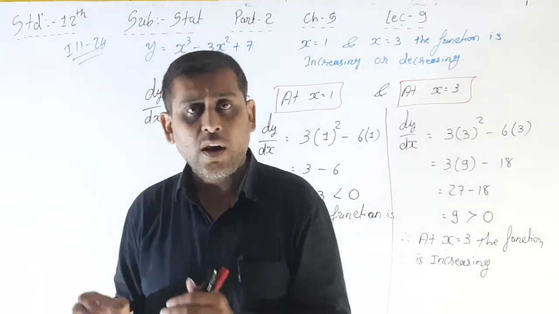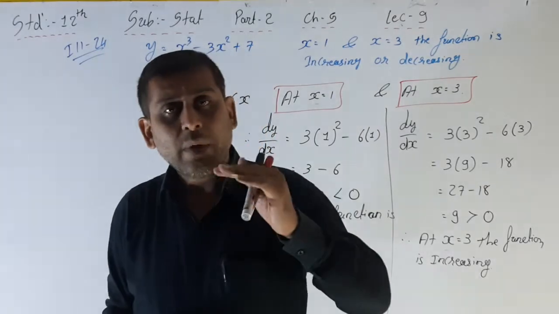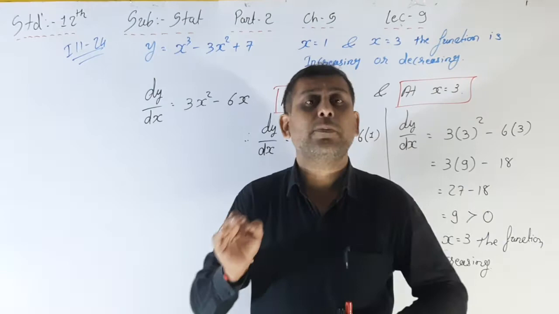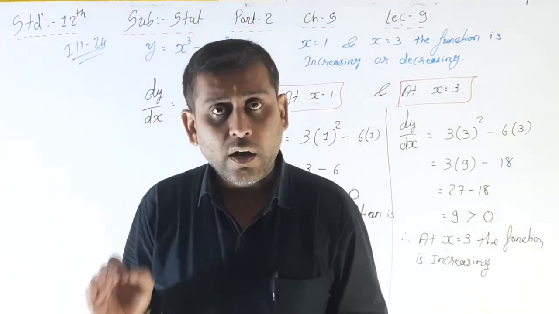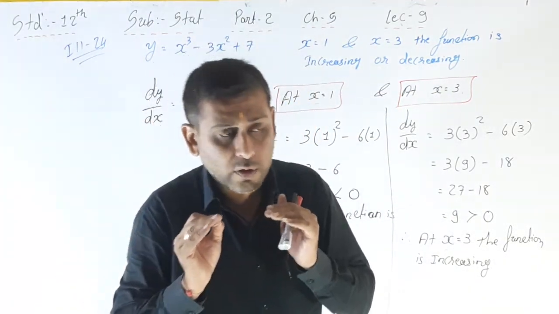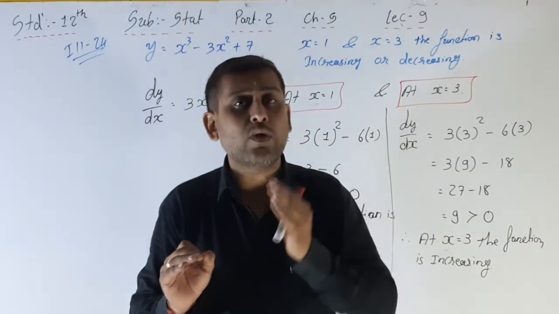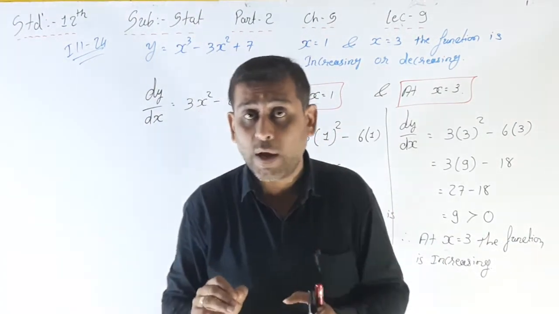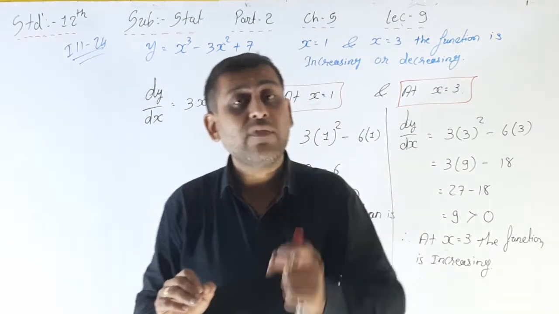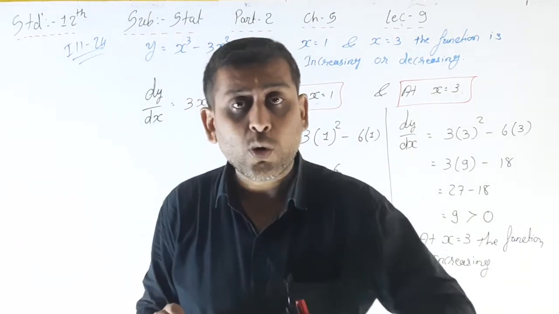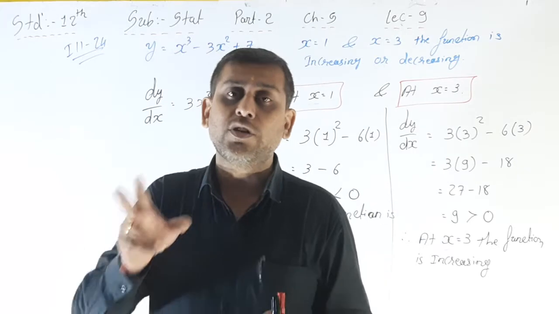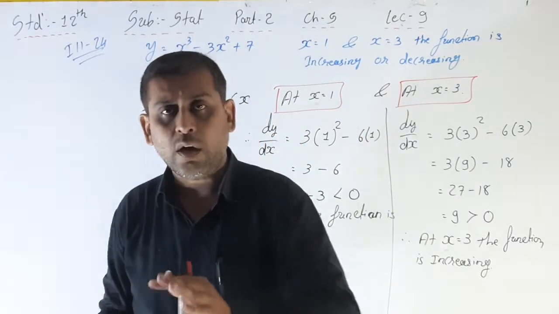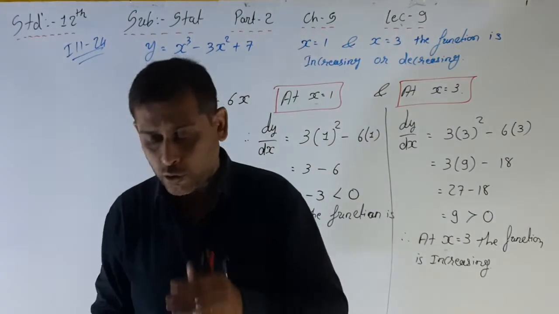But first of all I am explaining it by the theoretical method, then I will give you the conditions for the practical one. We don't have to keep the theory in mind; we have to do the practical sums, and that's why I am giving you the practical two conditions for maximum and two conditions for minimum. But first I am explaining the theory portion, right?